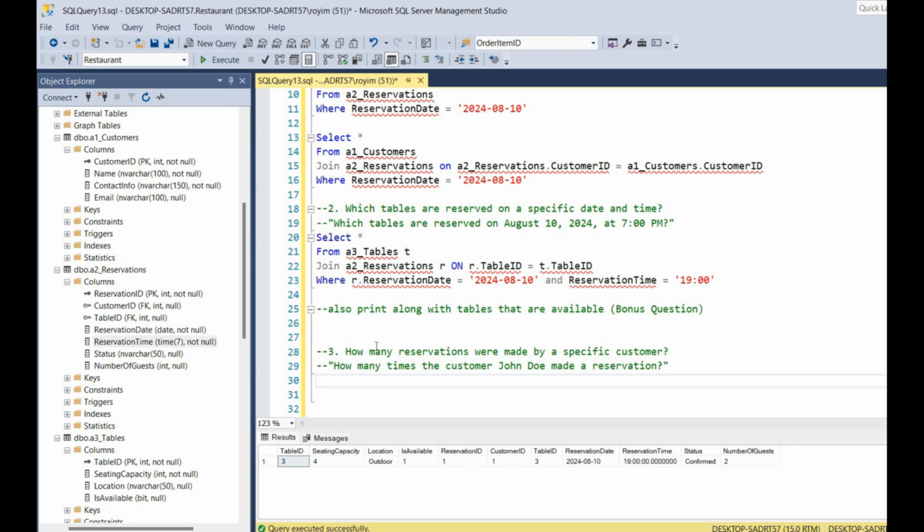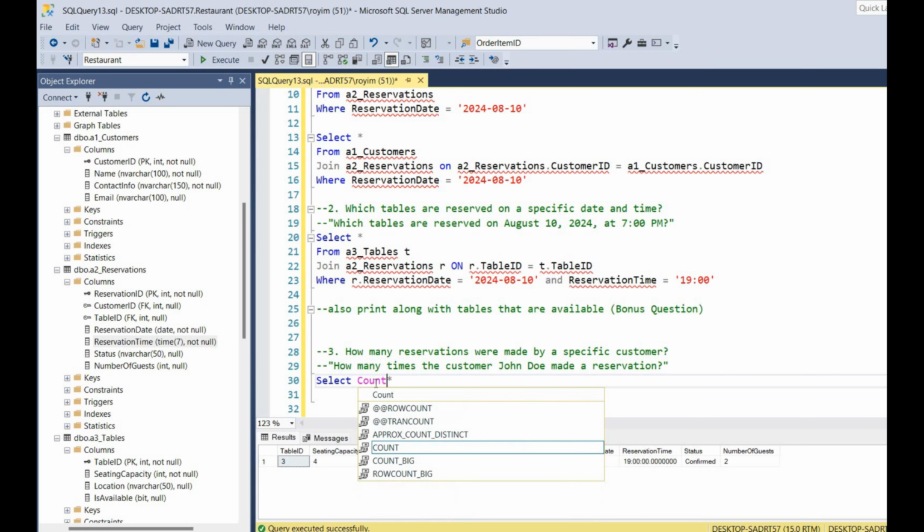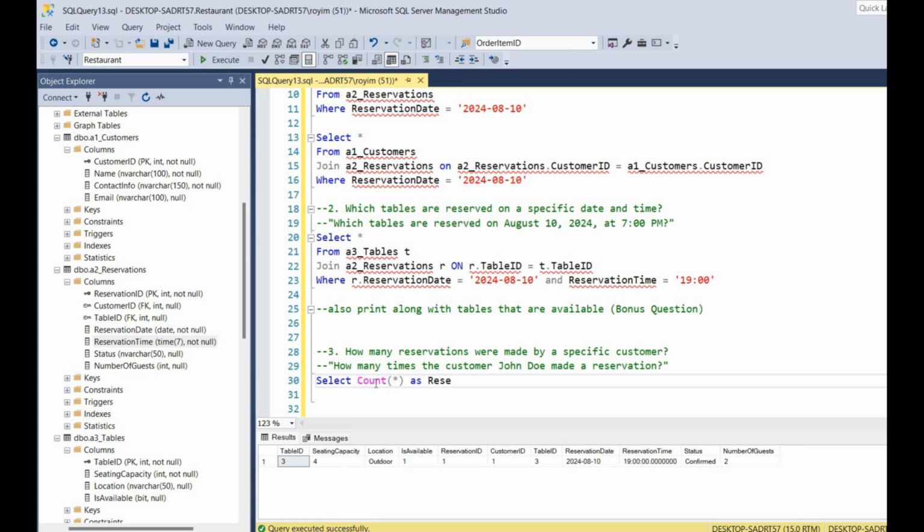So I'll write select star, select how many times John Doe, okay, we can make count star as reservation count from